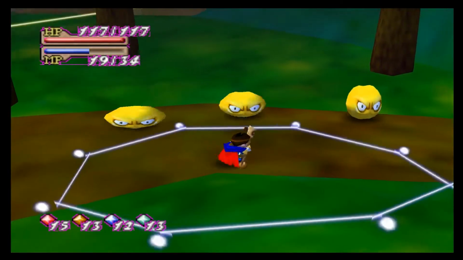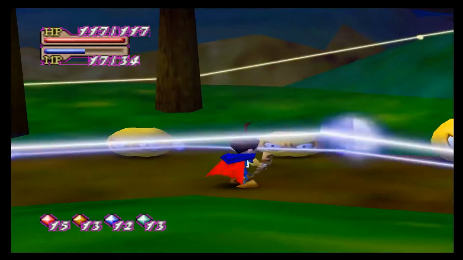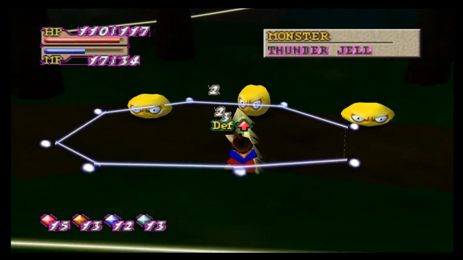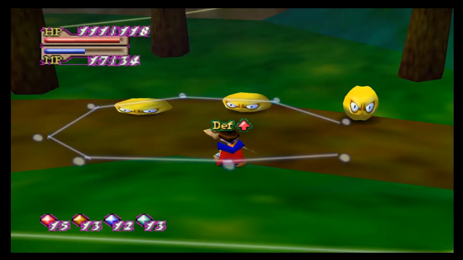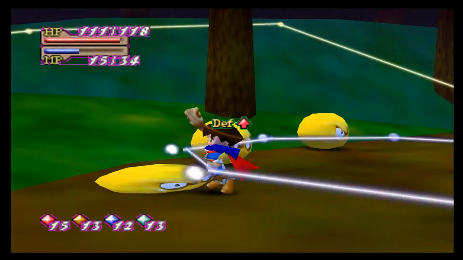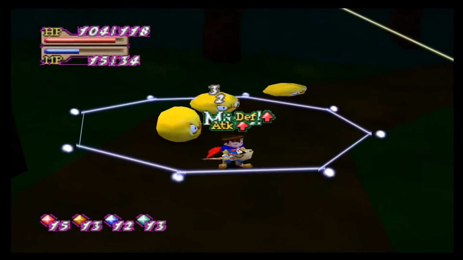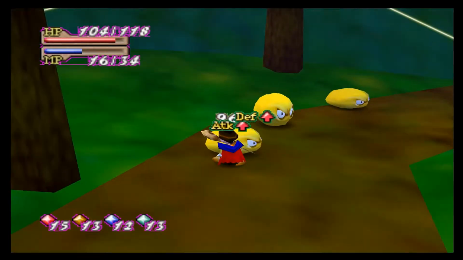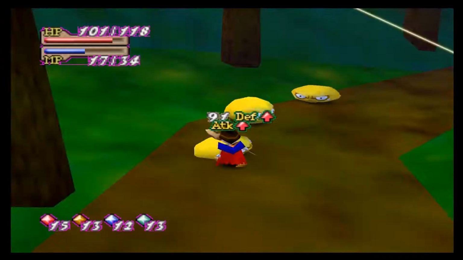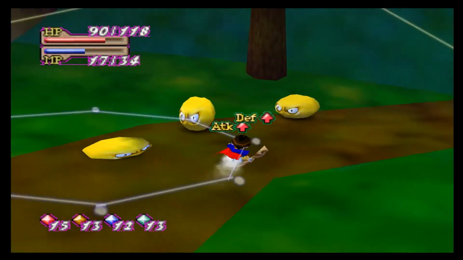And bouncing balls are... I think these dudes have like 200 HP, maybe. Thunder Gels, they have pretty weak magic. They do homing arrow level 2s, which they just did, and they also do healing level 1, which gives themselves like 30 HP, or I don't know if it's that much, but they do a decent amount per heal. They're also earth elemented, so